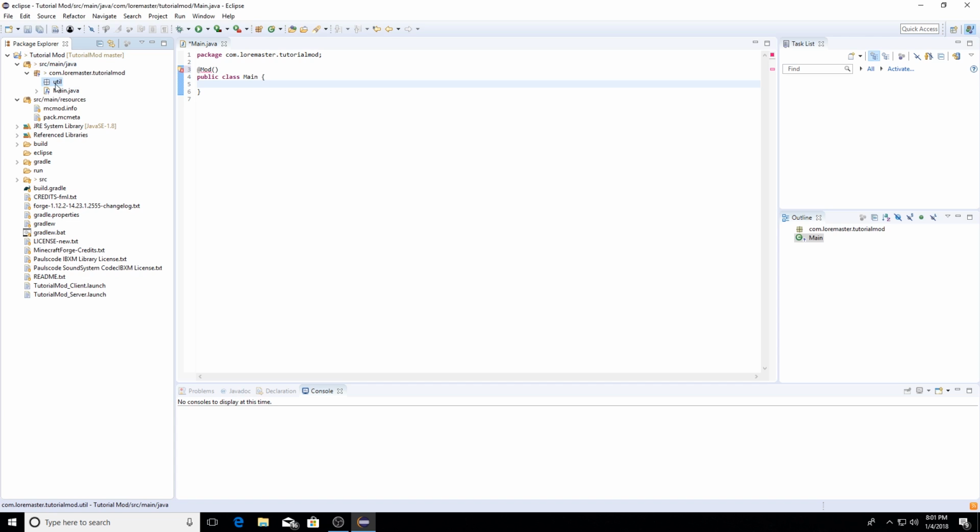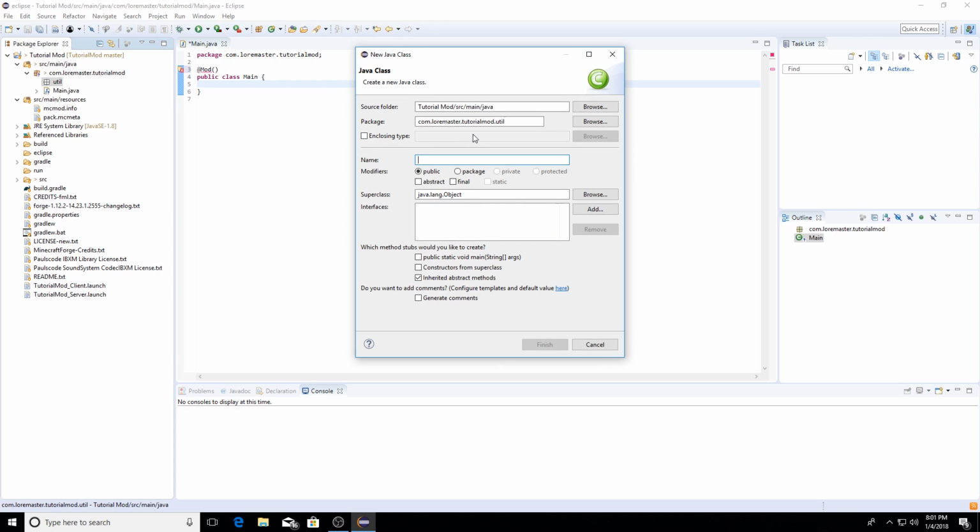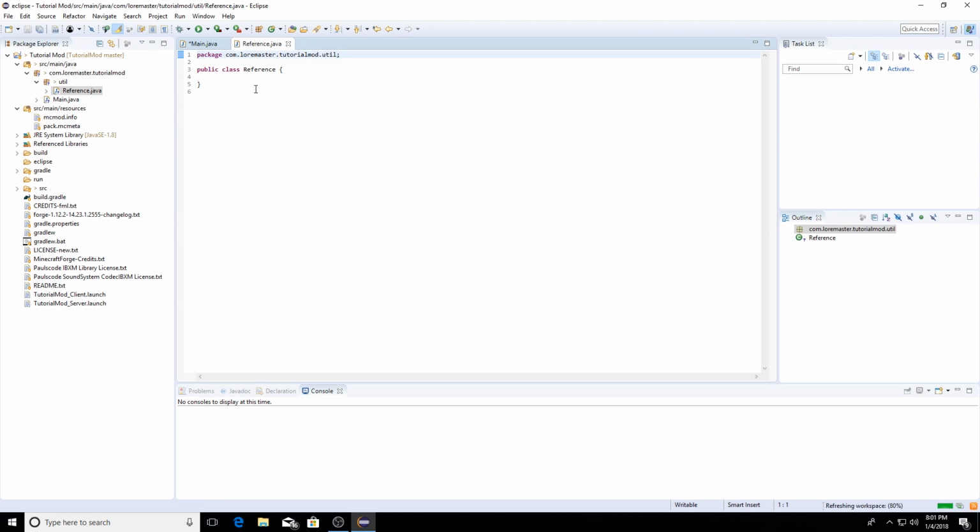You can right click the util package, and we're going to make a new class, and this one is going to be called reference. And you can just hit finish. Now this class is going to create, like I said before, some variables that we're going to use in main.java. So we're going to essentially make some public static final strings. The first one we're going to want to make is public static final string MOD_ID. Make sure that's in all capitals because it's a static string. Usually the Java syntax is that you have that in all capitals. And this is going to equal,